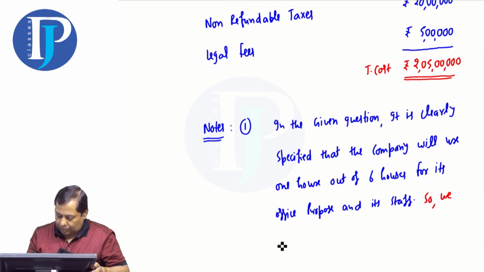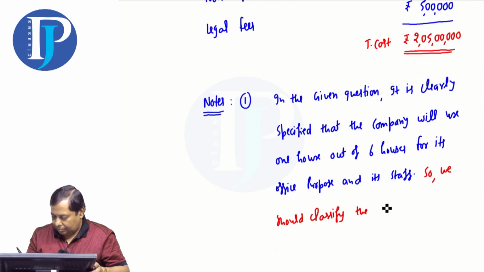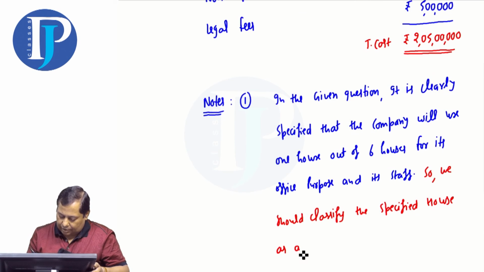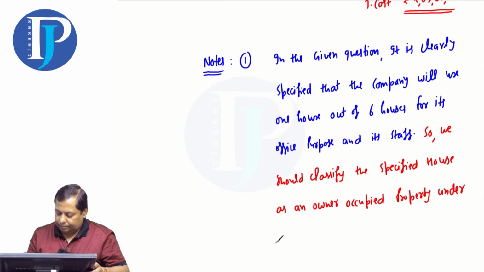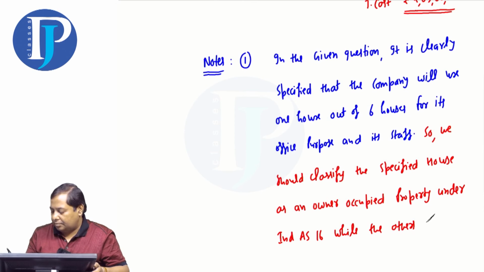So, we should classify the specified house as an owner occupied property under Ind AS 16, while the others can be considered